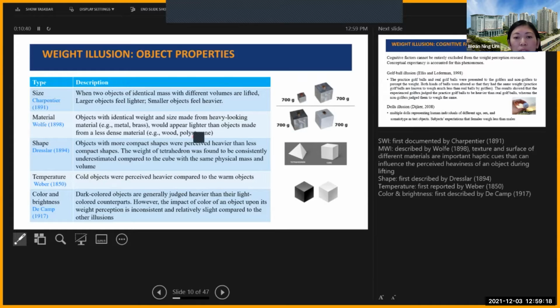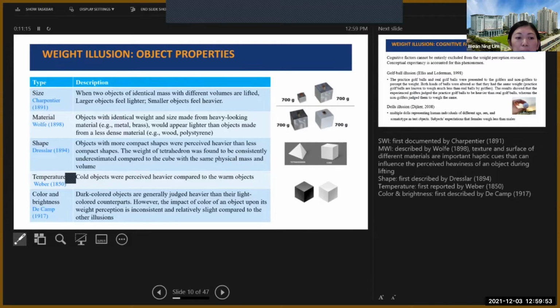The shape weight illusion, described by Dressler in 1894, says that objects of different shapes, although they have the same mass, give a different sense of heaviness. For example, the weight of these tetrahedrons is consistently underestimated compared to this cube. So the cube always feels heavier compared to the tetrahedron.